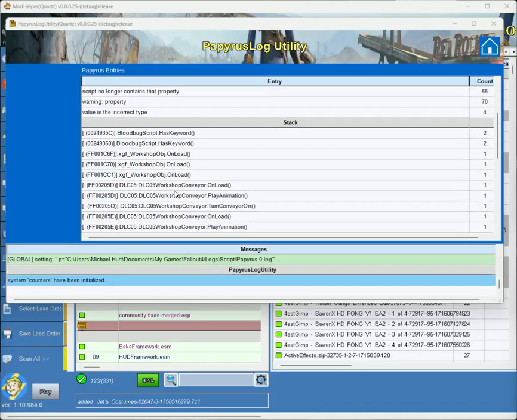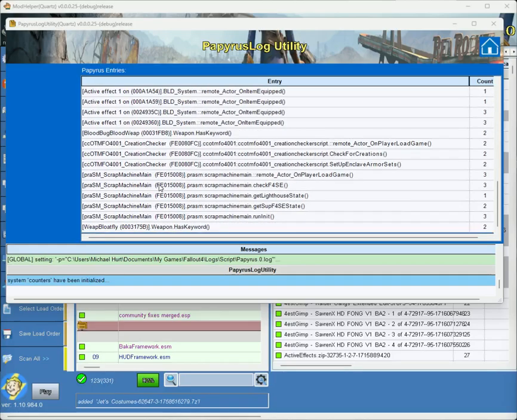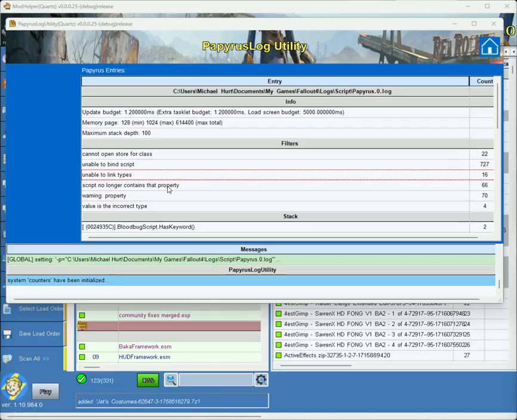I didn't really go in and extract out these. I left it with the references to the actual script or the object. I thought that might be useful. Like I say, I don't know. I have no idea how all that's going to work. But I do want to show you this